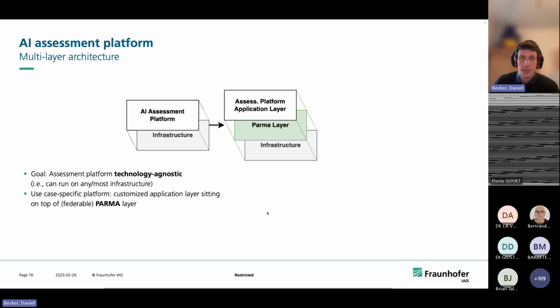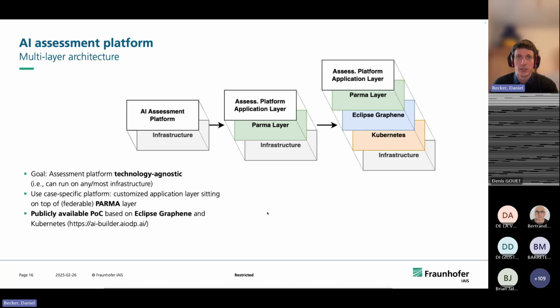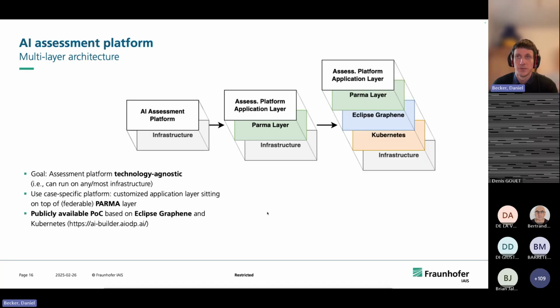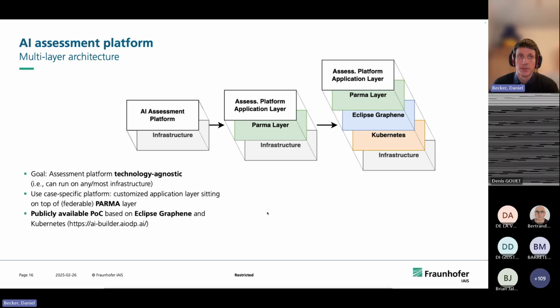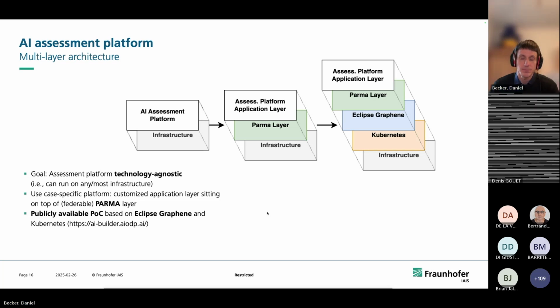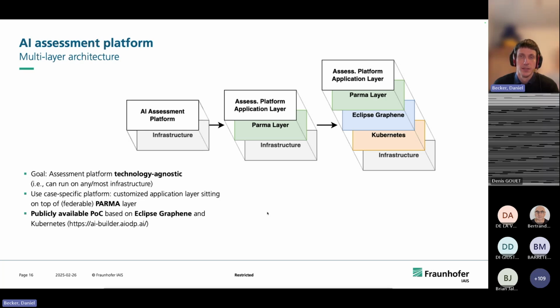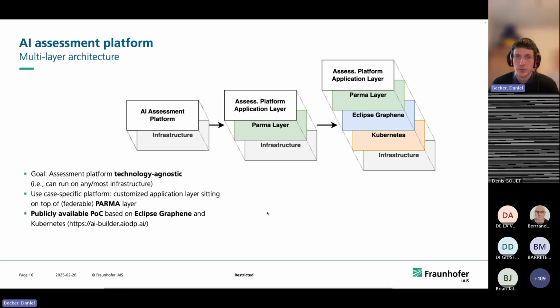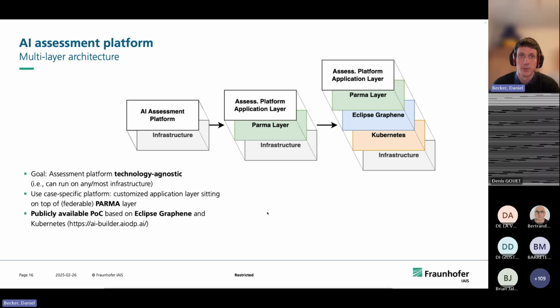So the idea now was to see what we can do and actually connect it back down to the infrastructure. We looked around for a good foundation for this, and we found the Eclipse Graphene runtime that I will show you a little bit in the next minute. This itself sits on top of a Kubernetes layer, and as soon as you are at that stage with Kubernetes, you are connecting to your infrastructure, and then you can actually run things. And this is what I would like to show you.